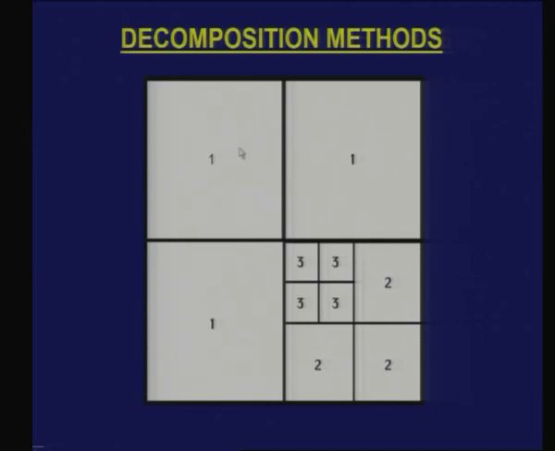Suppose there is no material in one of the squares, then I do not subdivide this. Like there is no material here, but there is some material here, so I am going to subdivide this portion further, and I subdivide and I see that there is no material here, so I can go back and do this. So this is just a representation, this is not an object which is shown.